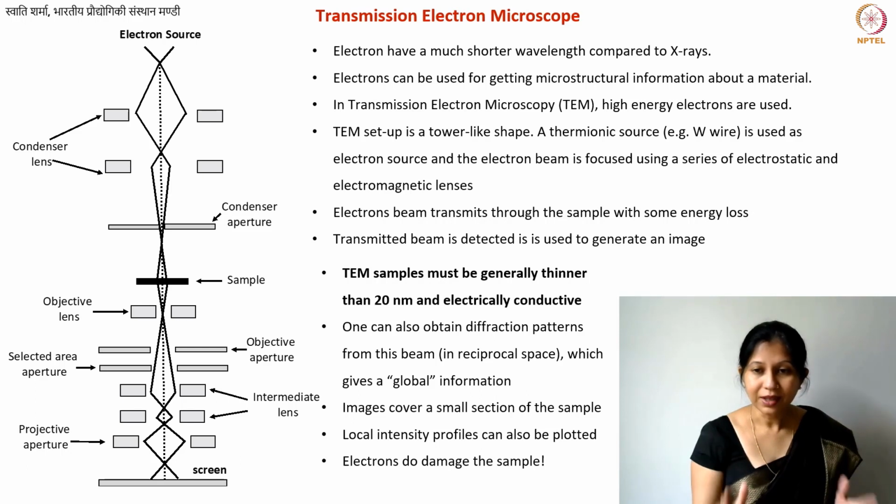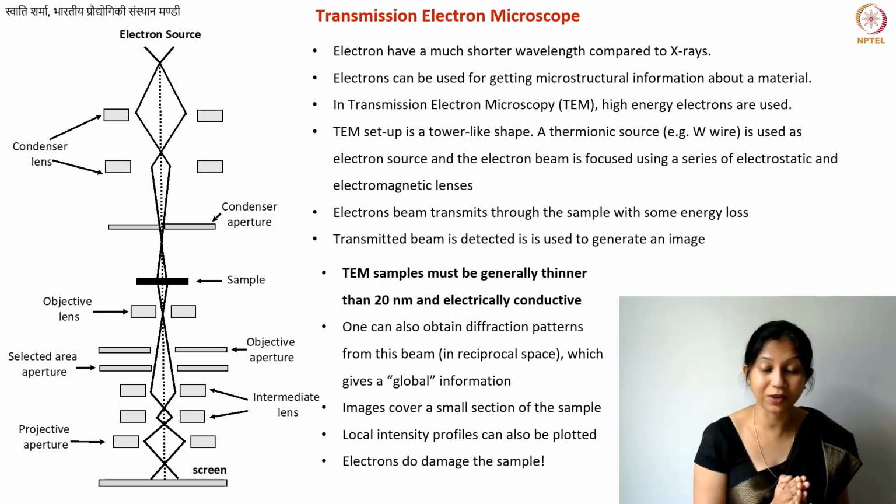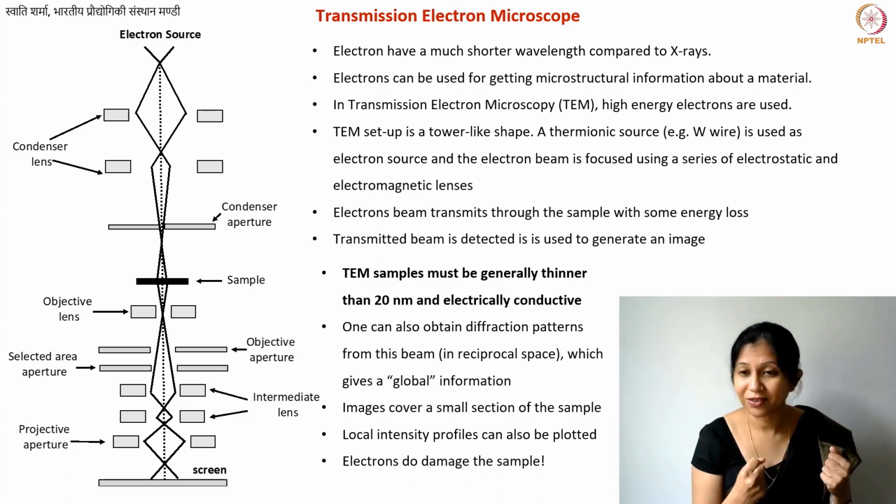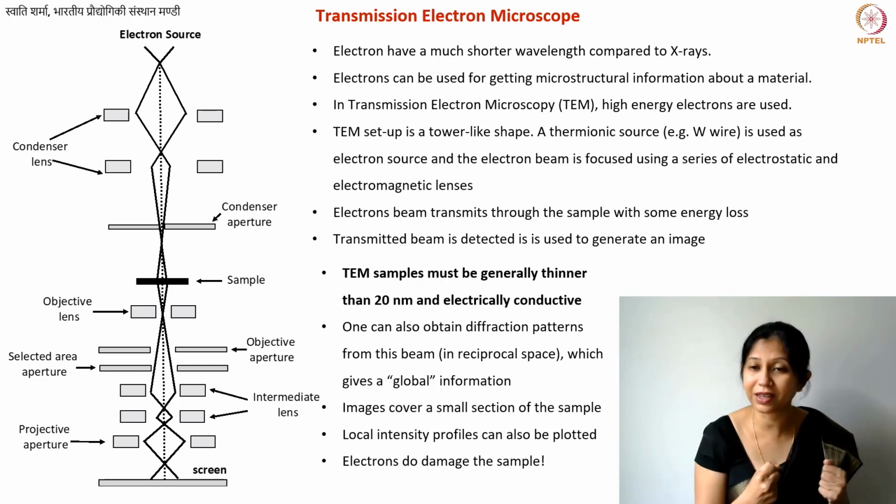Okay. Electrons do damage the sample, and this is something you need to be careful about, especially when your samples are sensitive. Carbon materials are definitely sensitive, especially if you're working with few-layer graphene structures, for example. These materials are sensitive to electron beams, and you need to be careful. Also, if you're working with carbons prepared at lower temperatures, which may contain some impurities, they may not be perfectly electrically conductive.